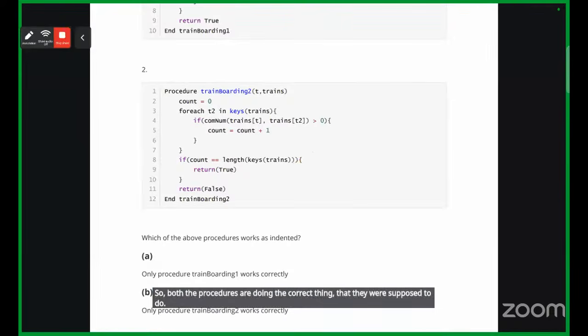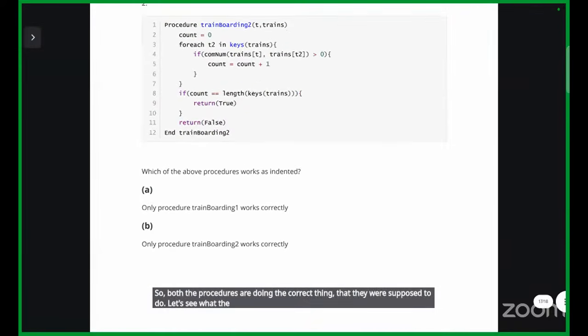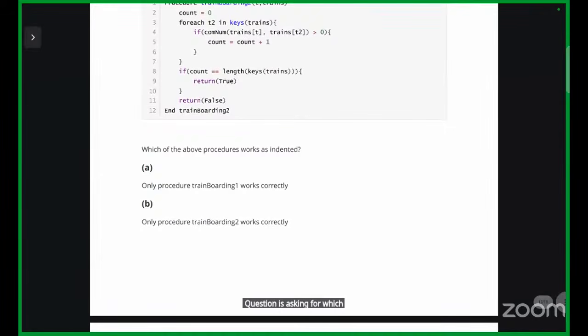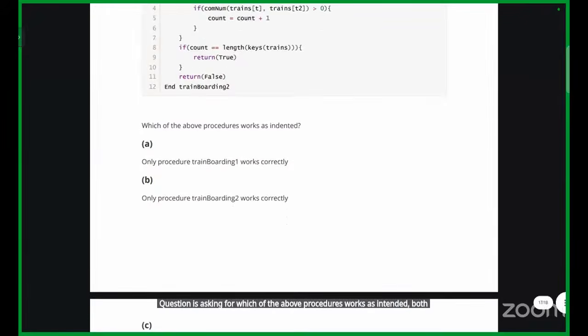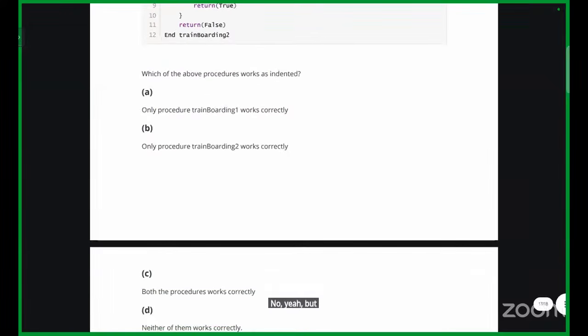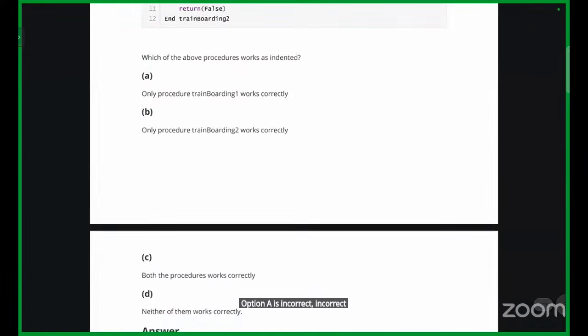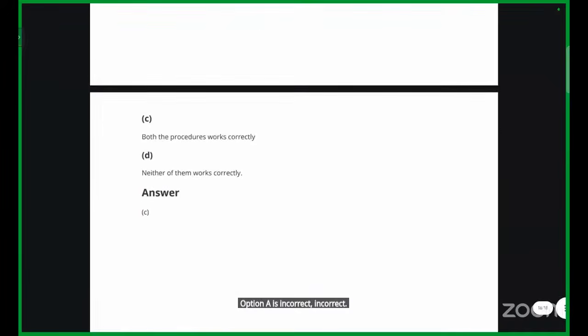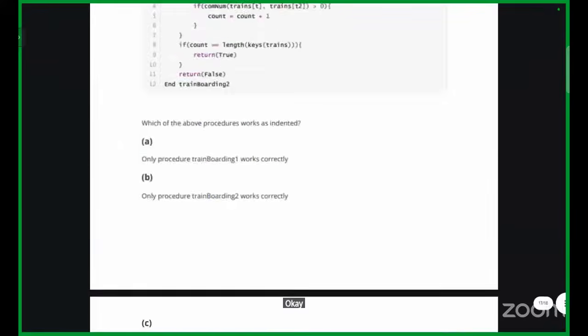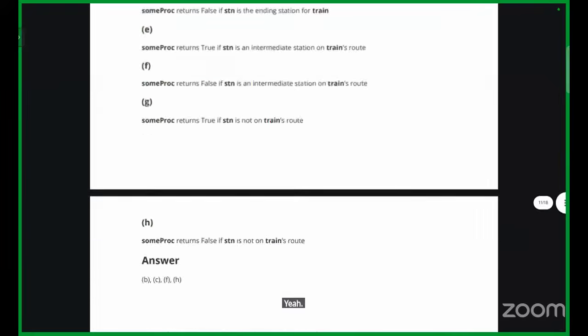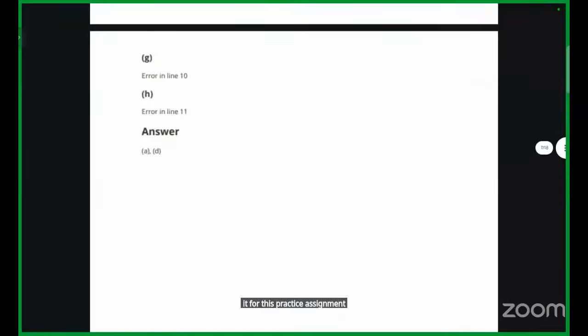Let's see what the question is asking for. Which of the above procedures works as intended? Both, right? Option A is not incorrect, option B is not incorrect. So option C. Okay, that's it for this practice assignment, and now we will close the session. In the next session, we will discuss